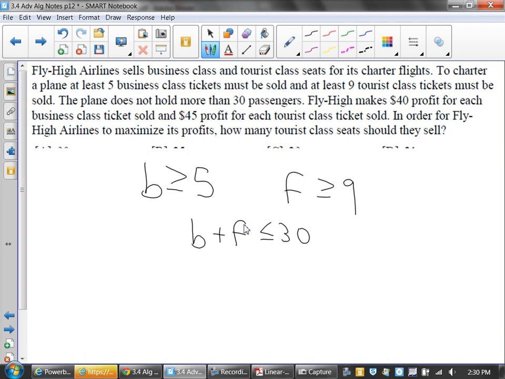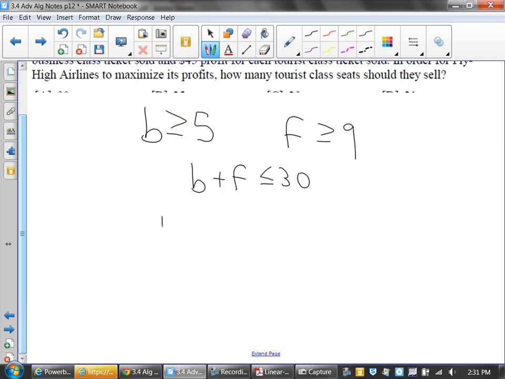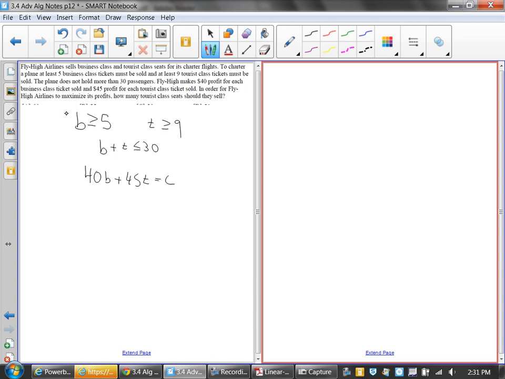Your overall objective is that you make $40 on the business and $45 on, I don't know why I used that. That should have been a T for tourist, excuse me. It doesn't really matter. And that's your overall. Now here's the trick. We agree this is a first quadrant problem, right? We agree it's a first quadrant problem, right? But if we're looking at a first quadrant problem,